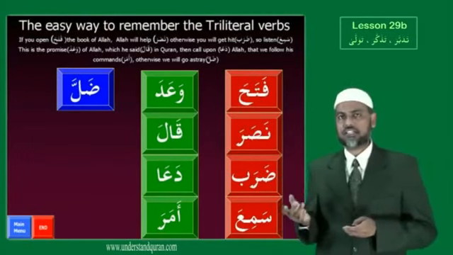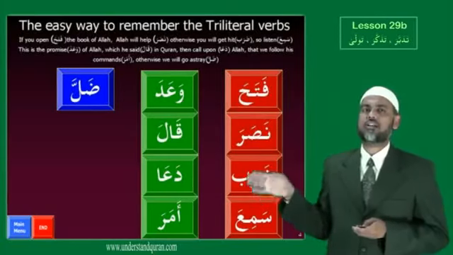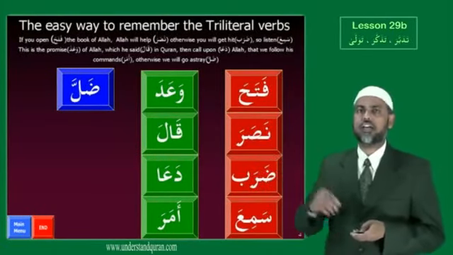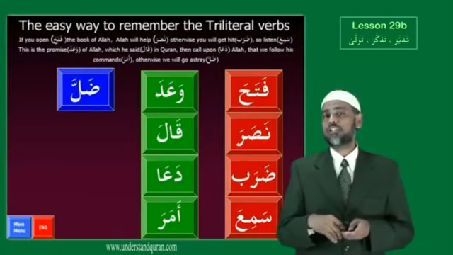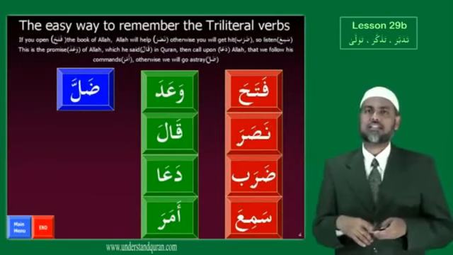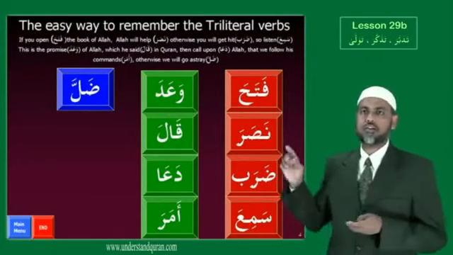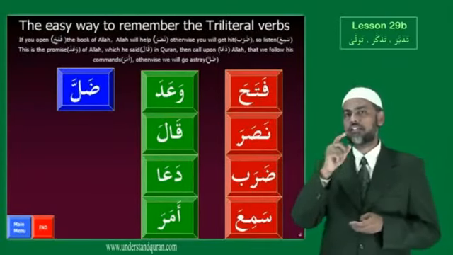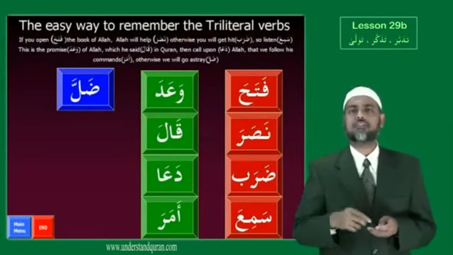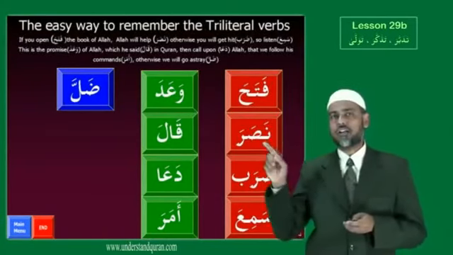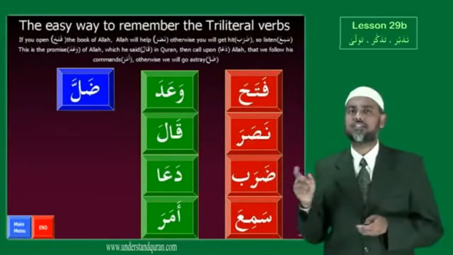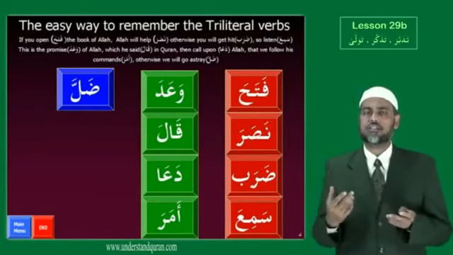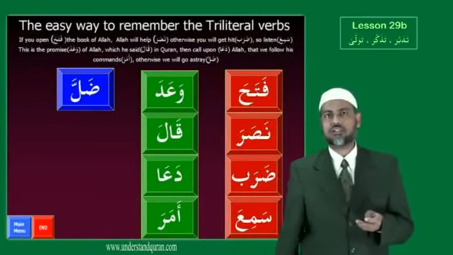And there are special cases involving weak letters, hamza, or repetition, such as wa'ada, qala, da'a, amara, and dalla. And we also gave you a trick to remember it. That is, if you open the Quran, Fataha, Allah will help you. Nasara, otherwise you will be hit. Daraba, therefore listen. Sami'a, this is promised by Allah. Wa'ada, He said it. Qala, so pray to Allah. Da'a, that we follow His orders. Amara, otherwise we will be lost. Dalla.